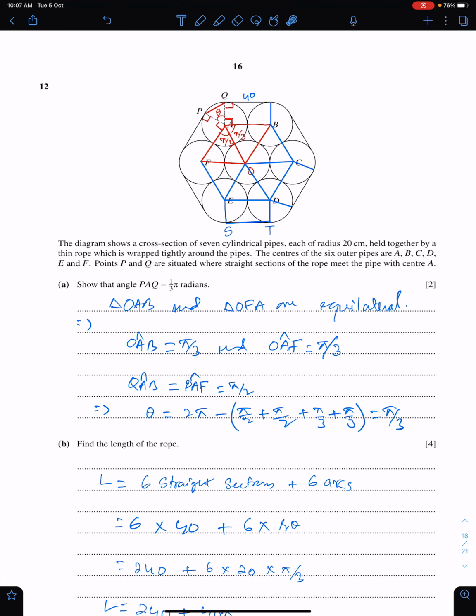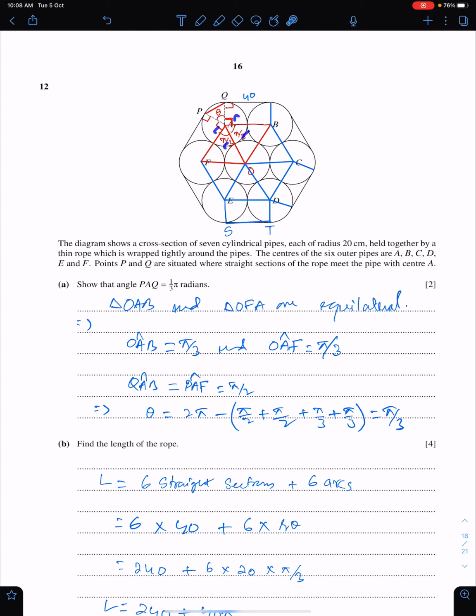Method 2 is similar to method 1. In method 1 I made this triangle. In method 2 I made this triangle as well. This triangle is equilateral, this is also equilateral. So this is pi by 3, this is also pi by 3. This angle is 90 because of rectangle, and this is also 90 because of rectangle or parallel lines. So angle at a point. We have all the angles 1, 2, 3, 4, we need this angle. So this theta should be 2 pi minus this.